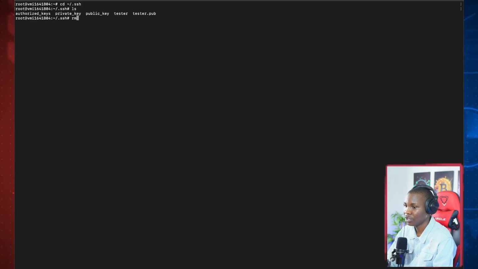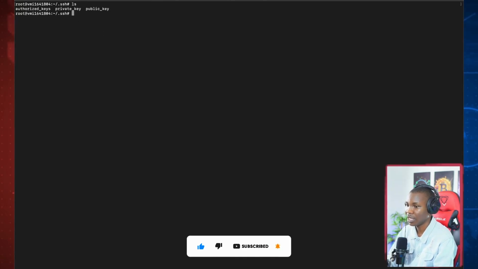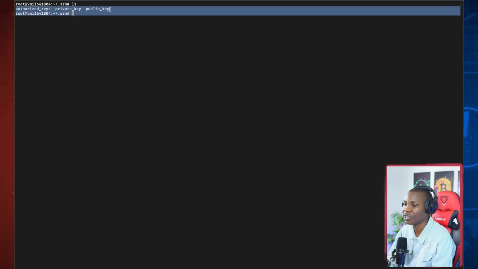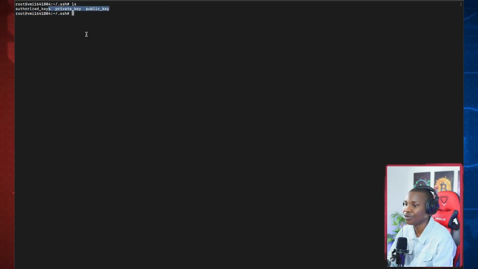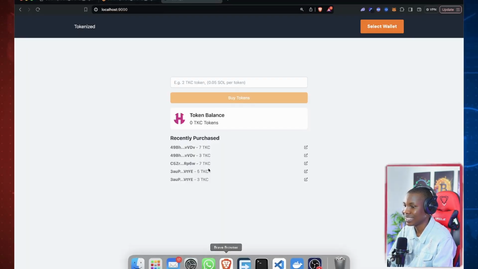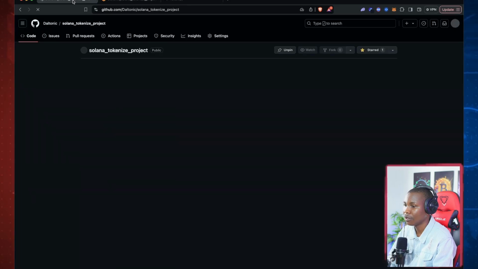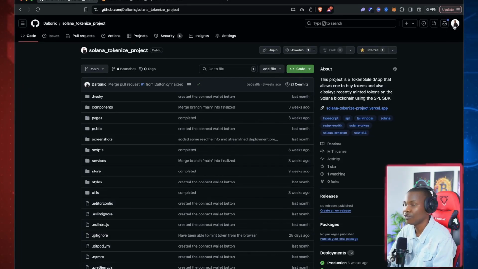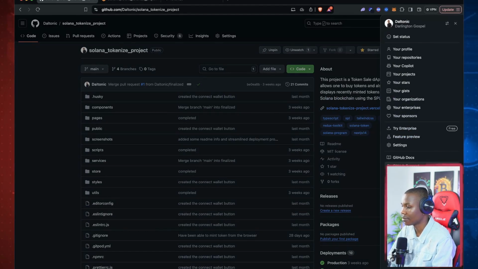I'm going to remove this tester key, which I generated yesterday, and I'm also going to remove this tester.pub. So when I list the keys with ls, I only have 3 keys, which I'm using, but I'm trying to create a new key altogether. And why you need to create a key is because, coming to this project, for your GitHub to be authenticated, for the request coming from your GitHub domain to be authenticated, it has to come with a special approved key, which you can create by